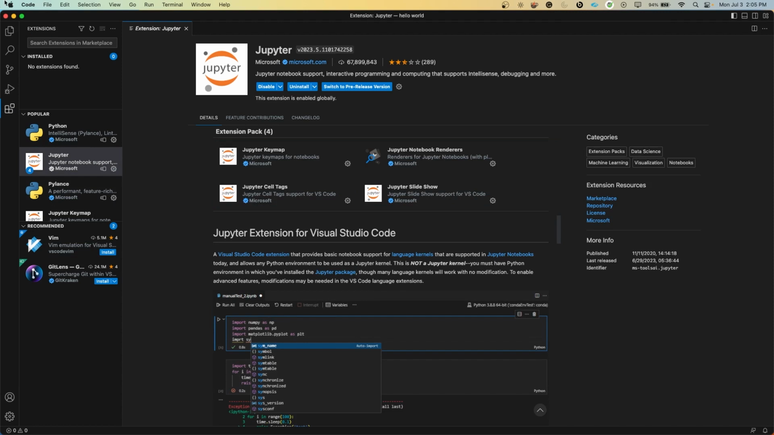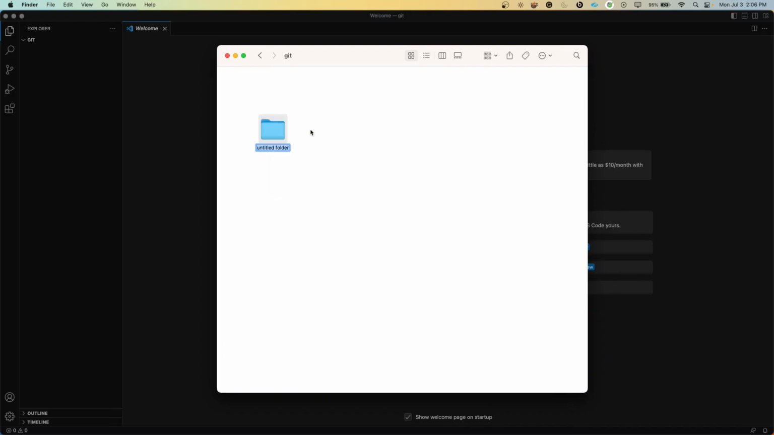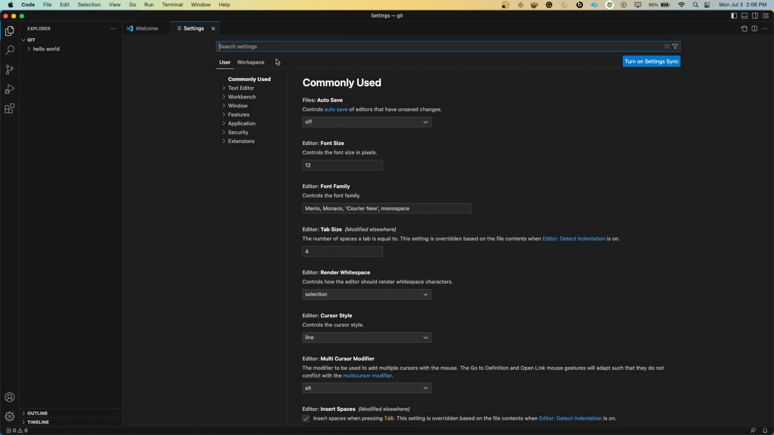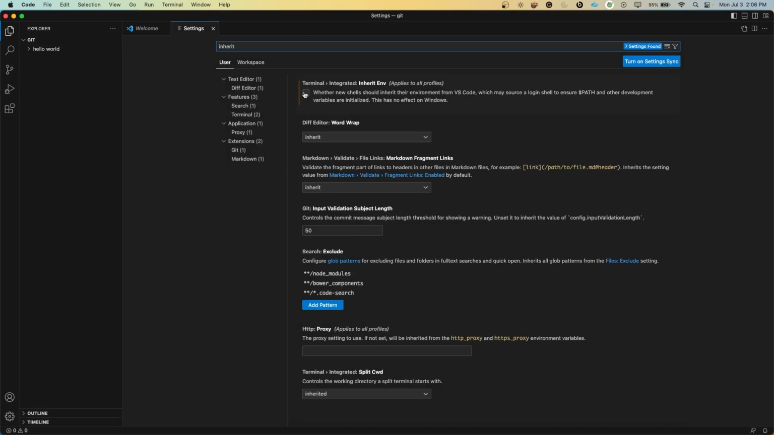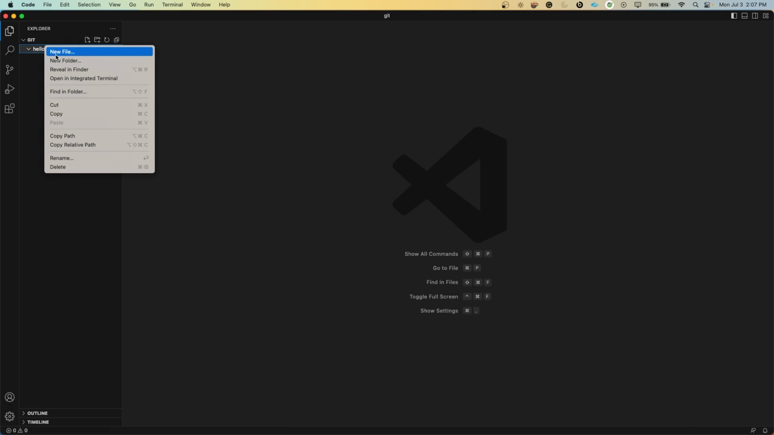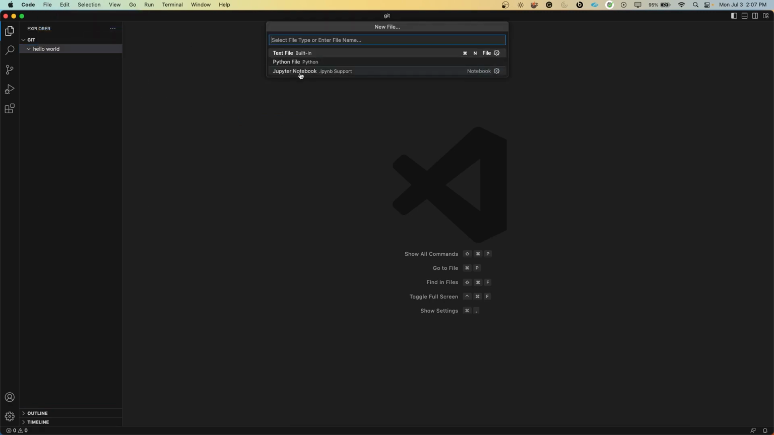Perfect. Now you're going to perhaps close this and reload it, and we will reload this again. New folder, hello world, settings, I trust the authors, and then you can look for inherit. Please make sure to not inherit this if you want to run this on macOS. Apparently problems. From this hello world, we can then create a new file, which is in this case a Jupyter